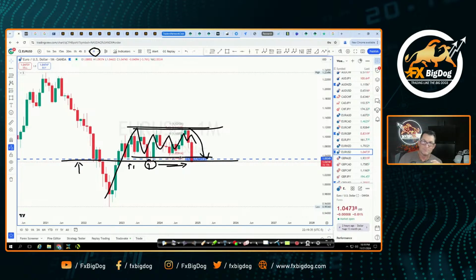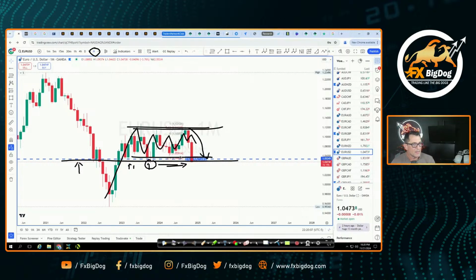Let me make you understand something, right? The market hunts for liquidity, but also creates liquidity. How does it create liquidity? It induces people to believe the market's going down, and what do they do? They enter the market, they put their stop losses above the high. Those stop losses above the high are where price wants to sweep that liquidity and then reverse. So there's always going to be some sweeping or at least some hunting of liquidity. And that's important for you to understand. Understanding price action like that makes it easier for you to understand where price is going to go.